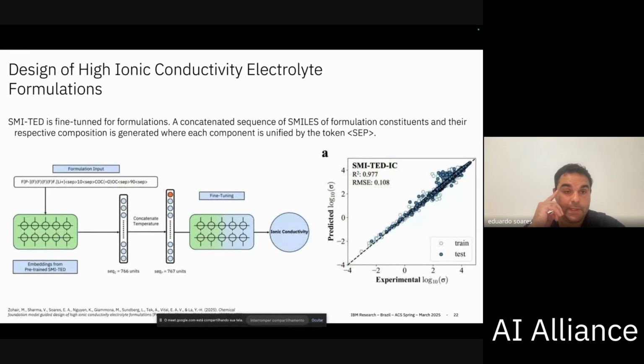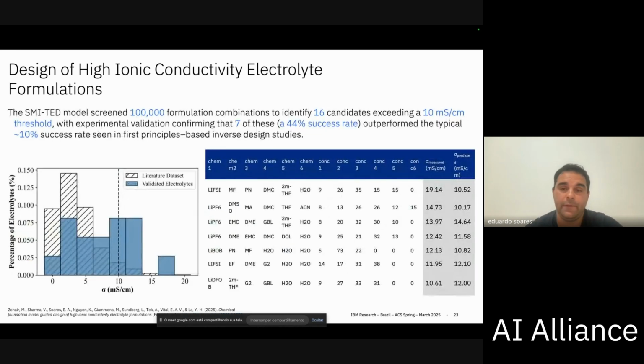We have this model for this battery project, where we want to improve the performance of these batteries based on different properties. And ionic conductivity was very interesting in this case, because we could really validate this in lab. We could really generate new formulations based on this screening of the model. And the third one that I didn't show is about PFAS, where we want to classify,